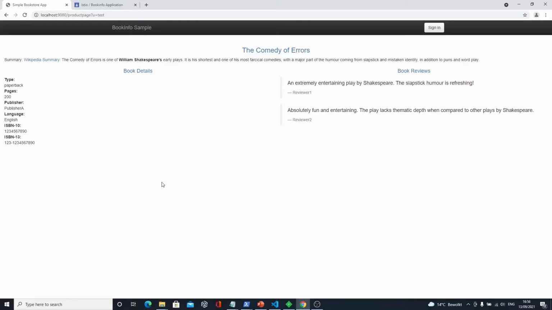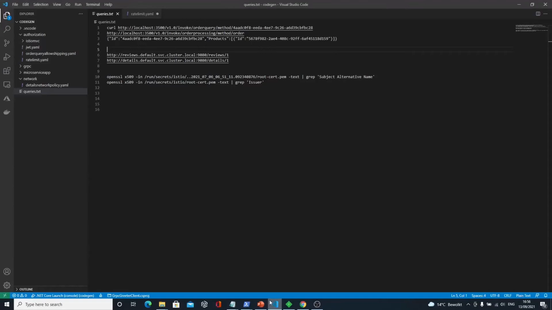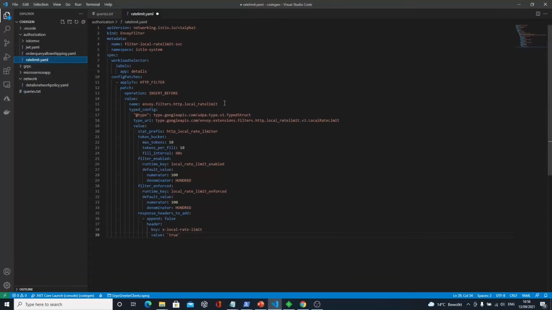So let me actually start with the rate limiting. It's already active right now. This is an Envoy filter. Envoy is an ecosystem solution, so it's not part of Istio, but Istio has an Envoy module, so you can drive Envoy from Istio CRDs, custom resource definitions, and define some stuff.